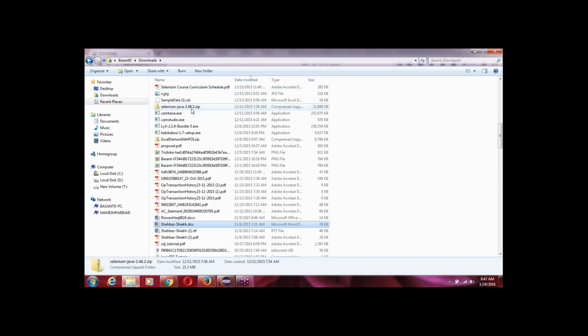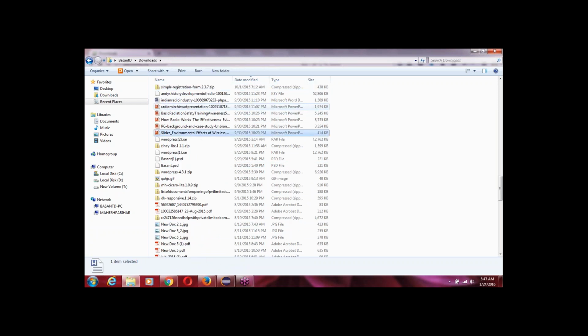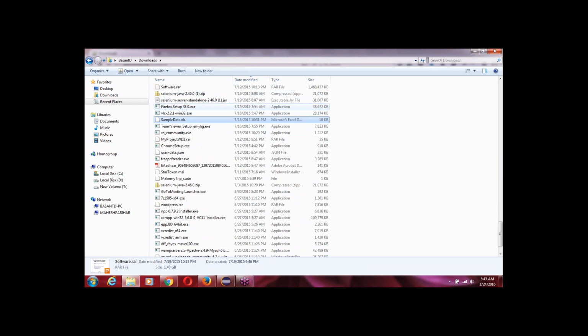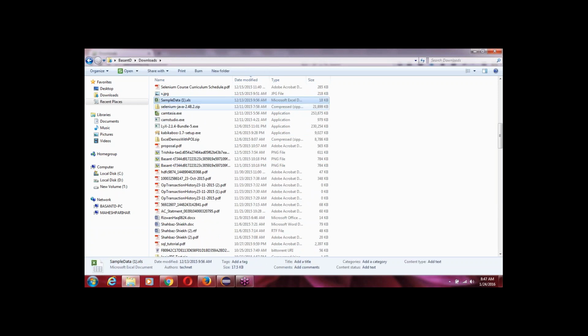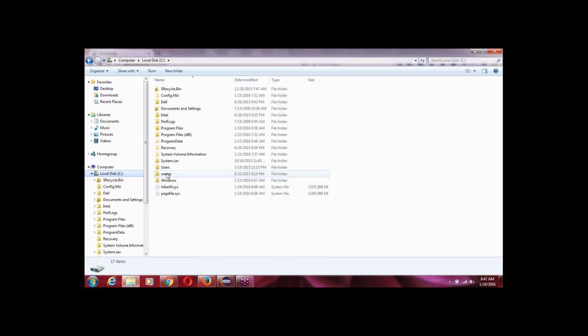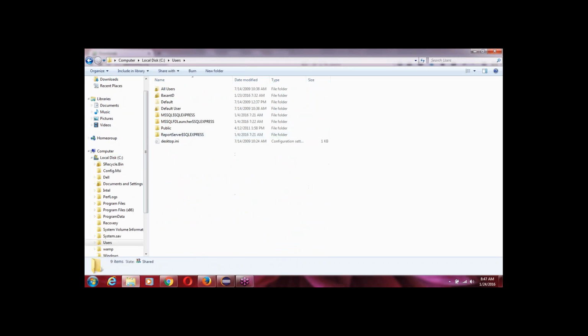This is the earlier version 2.48, and it was moved outside. Actually, there's a temp folder. It goes to here. Use